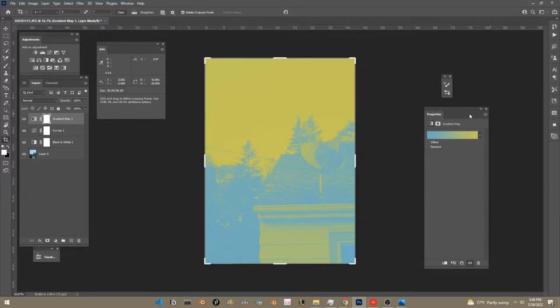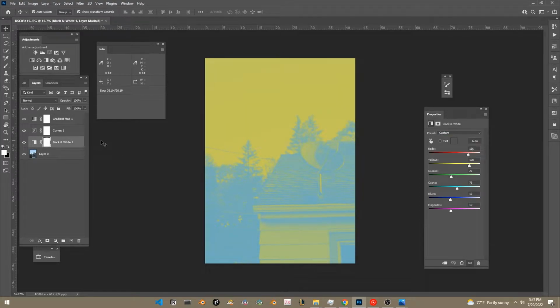Without these two things, let's see here, it loses a lot of readability, I suppose. It loses a lot of it in the shingling here and in the trees. But if we add the curves and the black and white, it adds a little pop. And that's the thing I like about Photoshop, at least, for stuff like this,